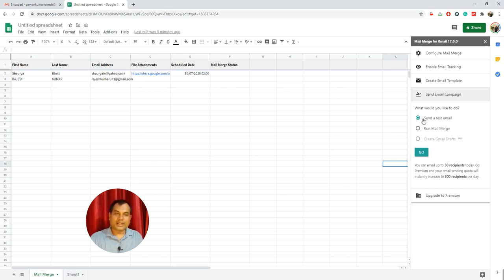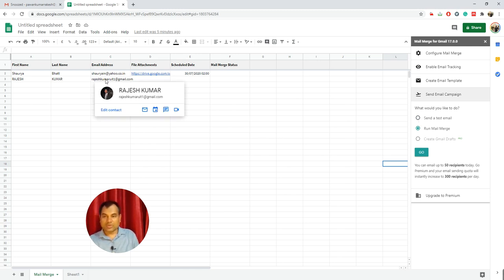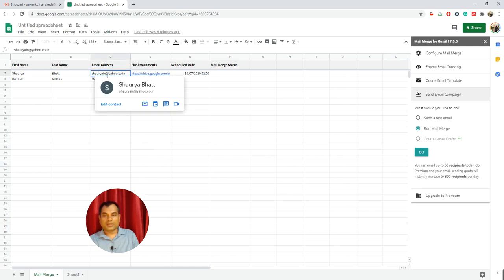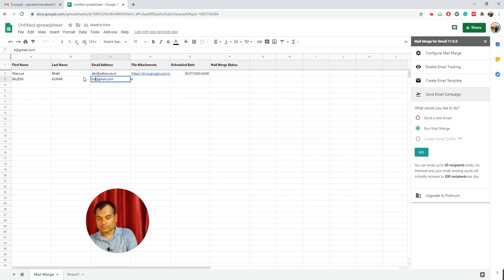If you want, you can send a test mail. Or if you want no test mail, and you want the participants with these two email addresses, you can use any other email ID and put anything, then just click run email merge and click go.